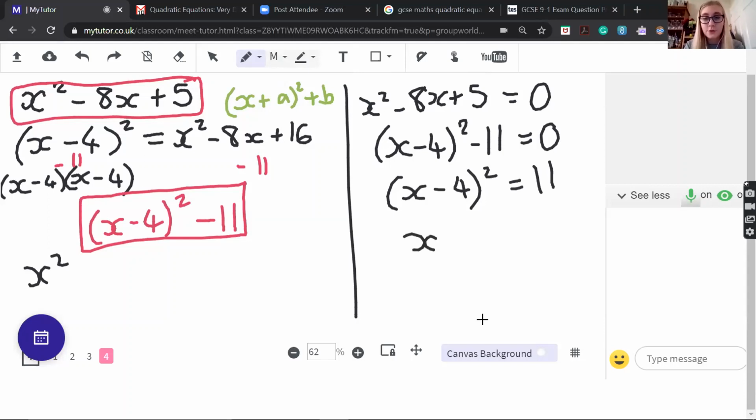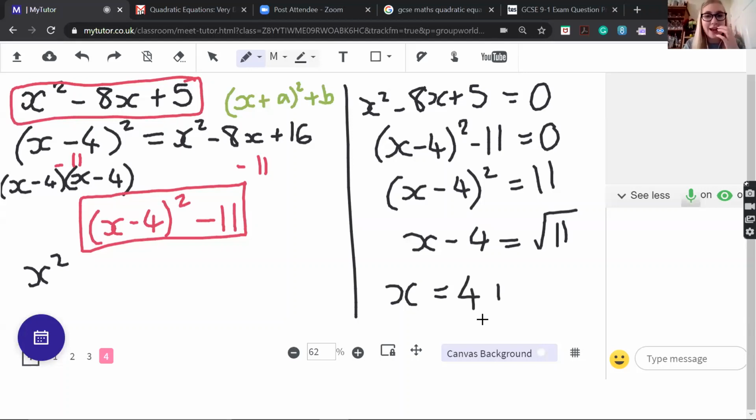So square rooting a square just gives what you had. I worded that really poorly. If we had x squared and we square rooted it, we get x. So when we have x minus 4 squared and we square root it, we get x minus 4. You just knock off the squared. And that's equal to root 11. And then we just add 4 to both sides. And the convention is that we put the number first and then the surd second, so that's square root second. So x equals 4